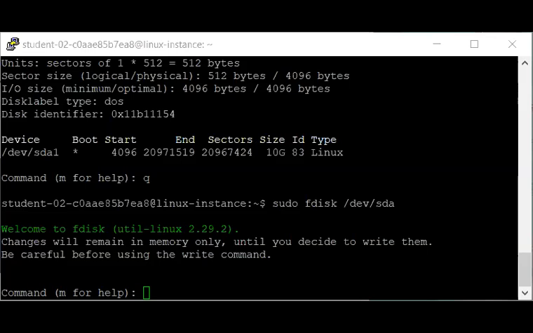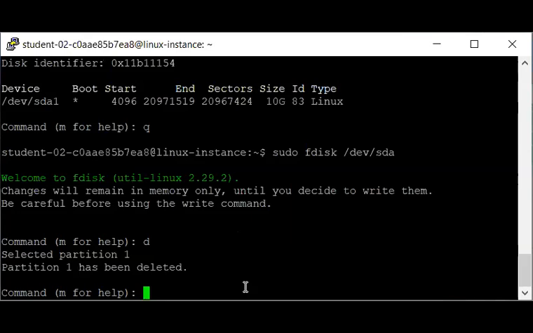When you issue the D command, fdisk asks you to enter the number of the partition you want to delete. Since you only have one partition, fdisk will automatically select and delete it. So go for the D option. Pressing it, the selected partition 1 has been deleted.